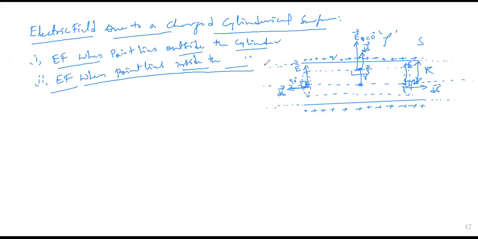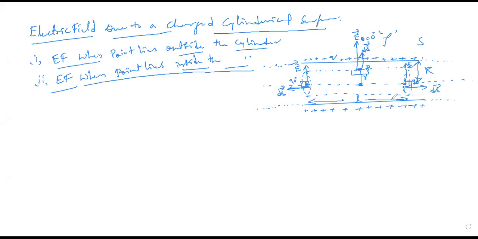Because you are saying it's an infinite sheet, then how did you end this Gaussian surface? Here, I assumed a Gaussian surface with a finite length L. Correct? Are there any questions? Anyone have any questions? Please, you can raise your question. If you understood, then I'll go for the derivation.